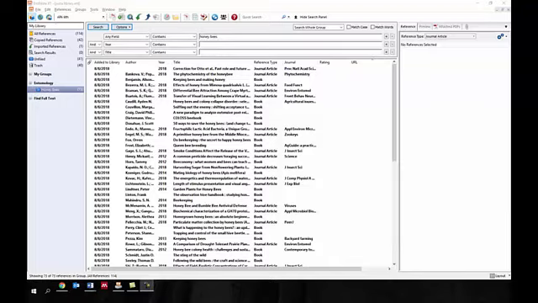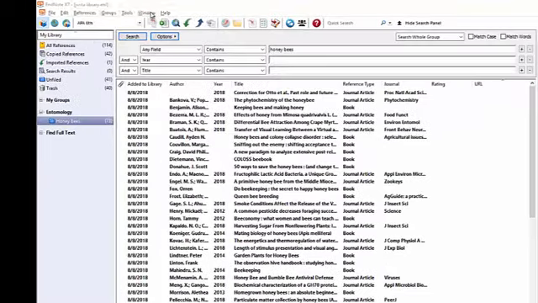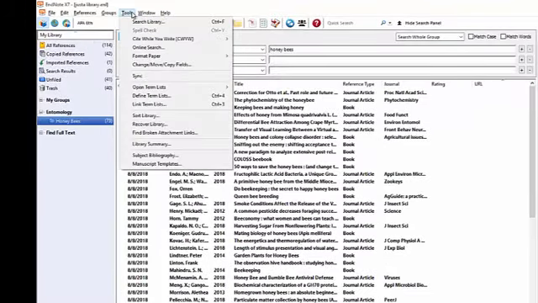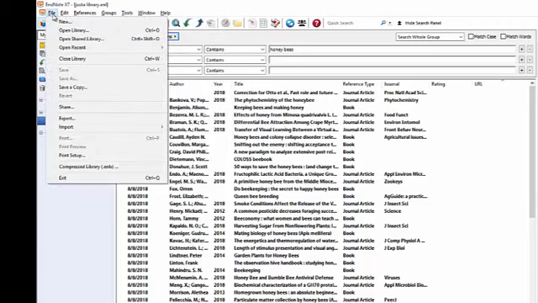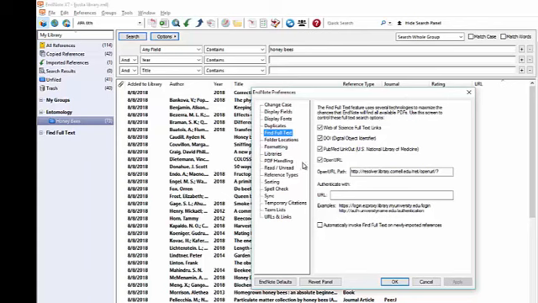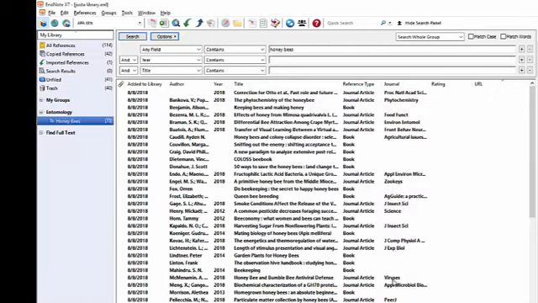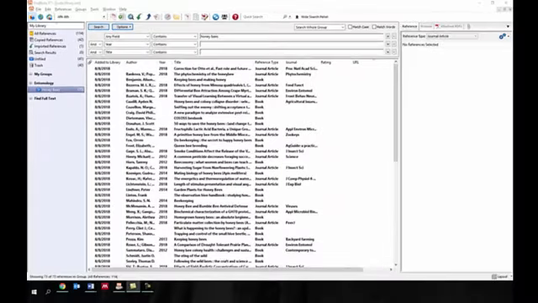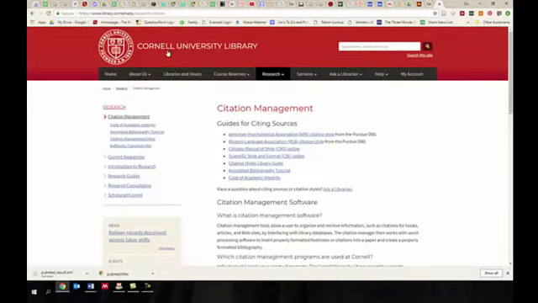To set this up, you want to go to your preferences window, wherever that is in your version of Endnote, and go to Find Full Text. Under Open URL, you want to paste in the Cornell University Library open URL. There it is. It's a resolver.library.cornell address. The easiest place you can find it is if you go to the citation management website and you